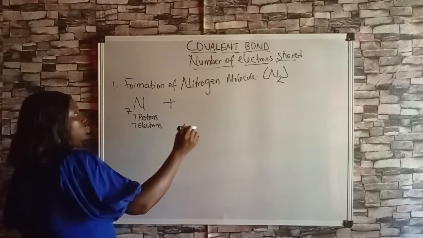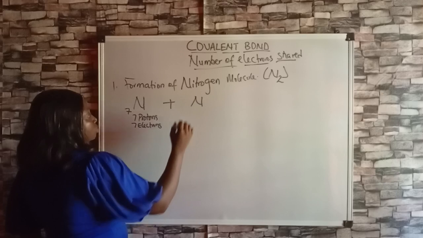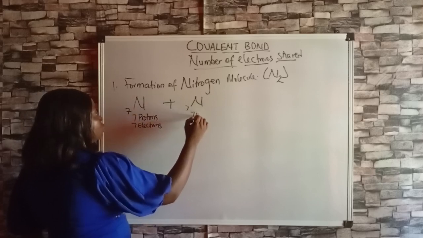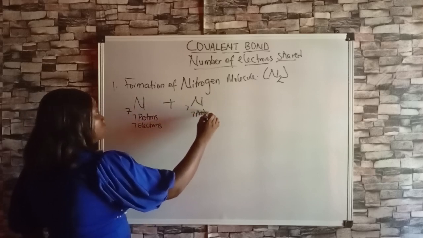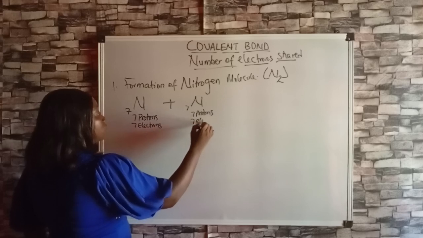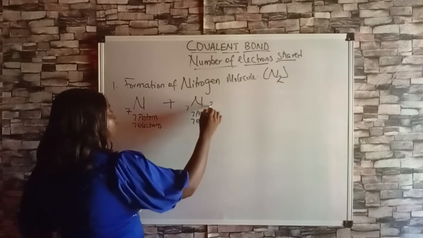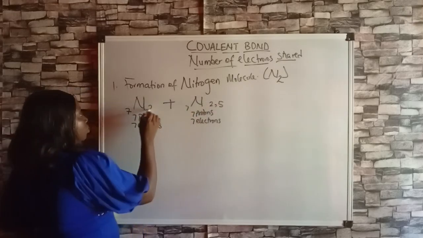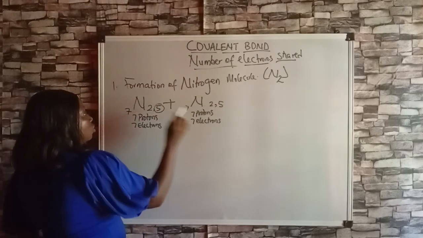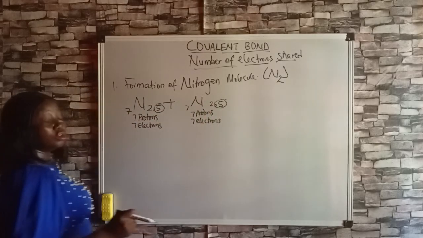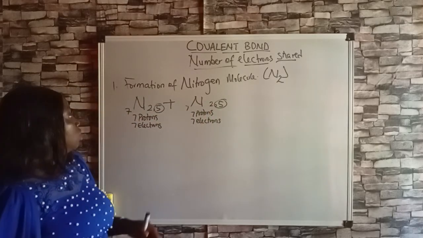Reacting with another nitrogen atom with 7 protons and 7 electrons. Each of them has electronic structure of 2, 5, which means their outermost shell contains 5 electrons,